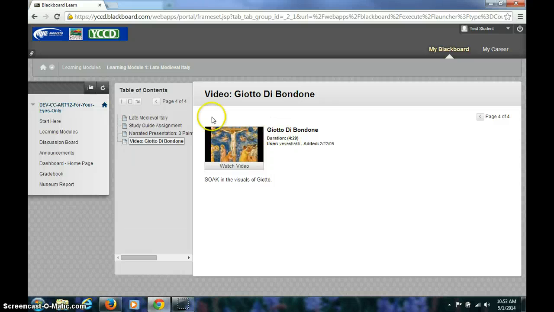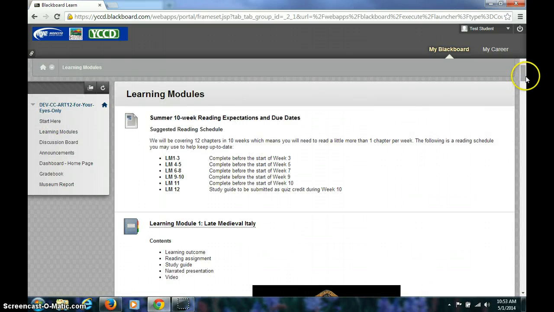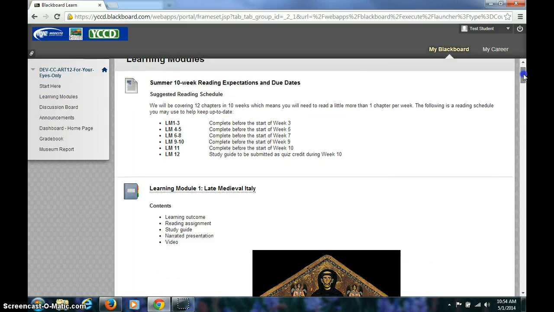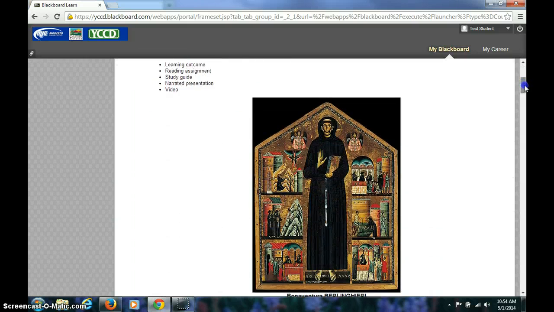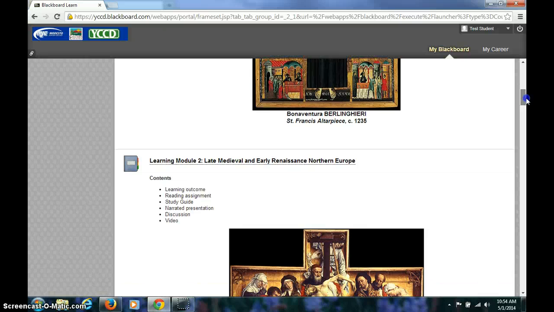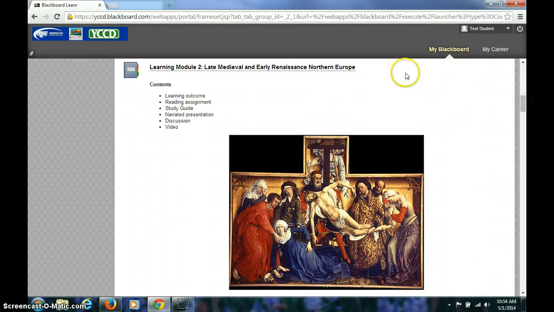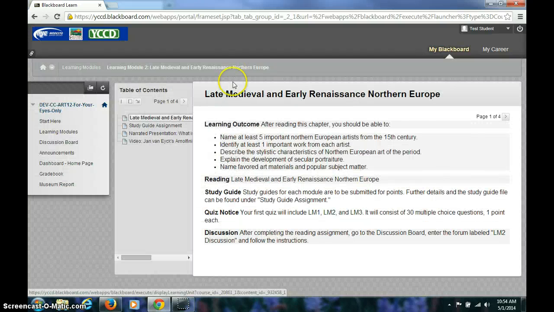So each learning module, and we'll go back to the learning modules. We're backing out of learning module 1. We're back in the page where all the learning modules are. Each learning module pretty much follows that pattern. You go to the learning module, click on the title, you'll see what the learning outcomes are, you'll see what the reading is. As you do your reading,